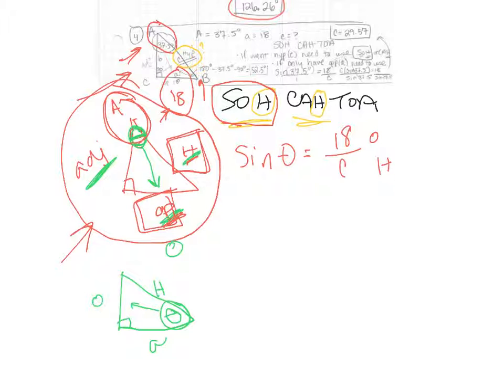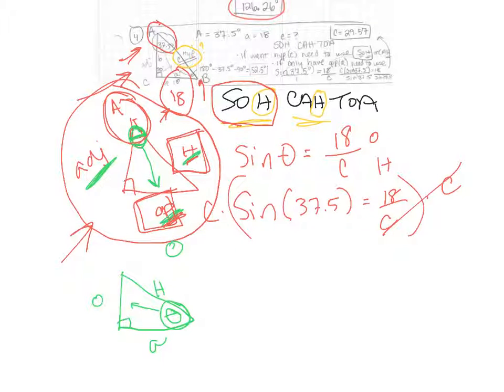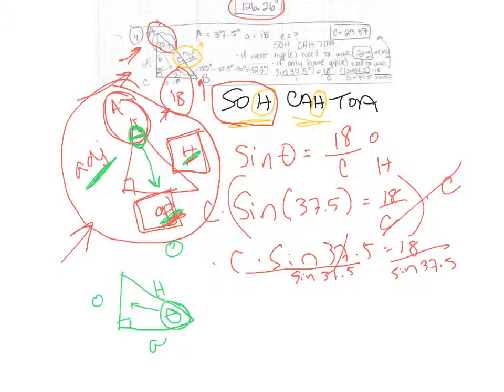Hypotenuse, we didn't know, we call it C. Theta, the angle we're using, is 37.5. We can multiply by the denominator, and then divide by sine of 37.5. So then you can see up here we get C is 29.57, and it's a side